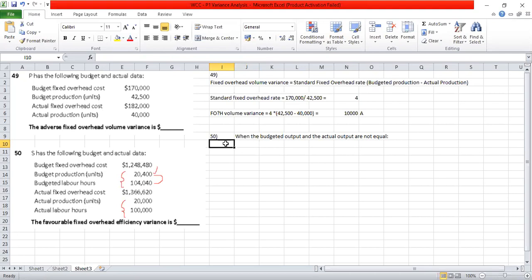Let's write fixed overhead efficiency variance. Fixed overhead efficiency variance is equal to the standard fixed overhead rate per hour. So outside the bracket, we have the standard